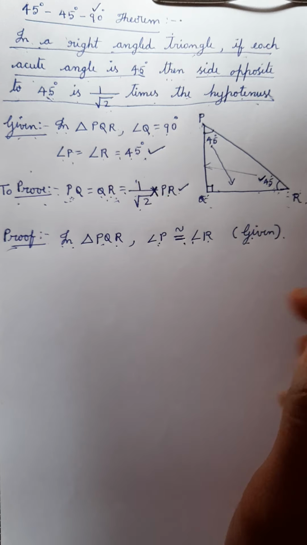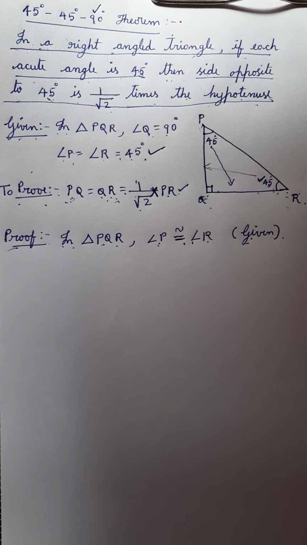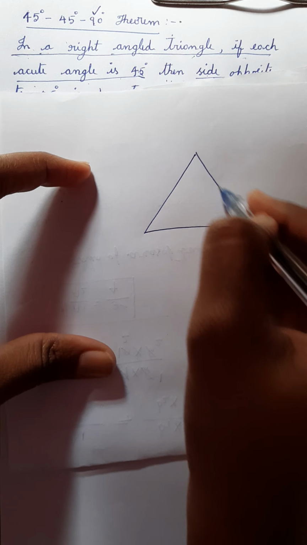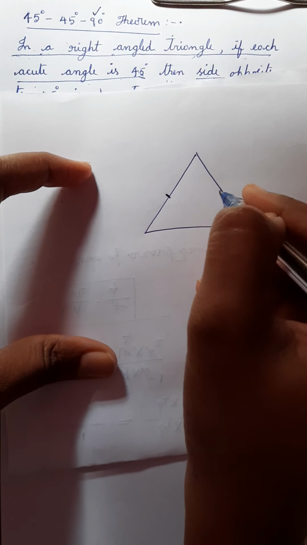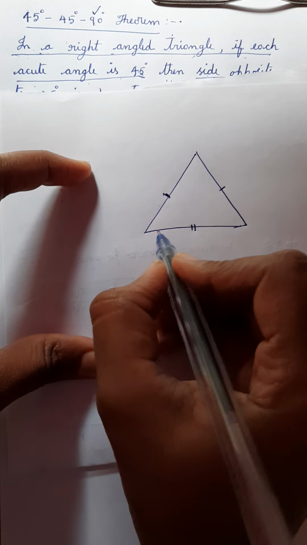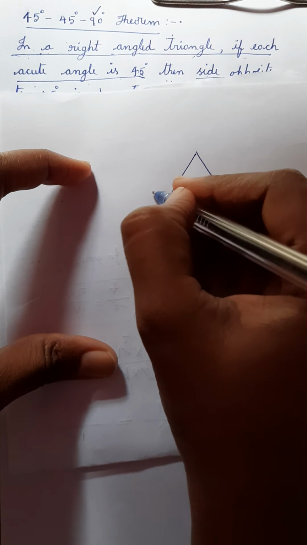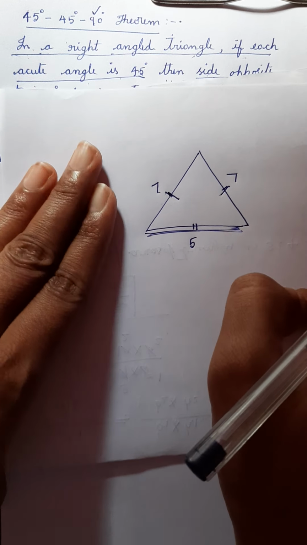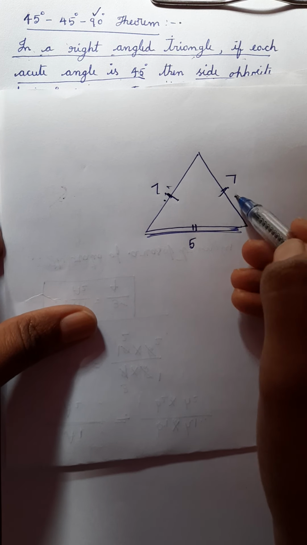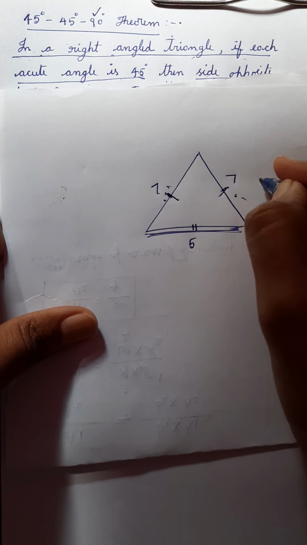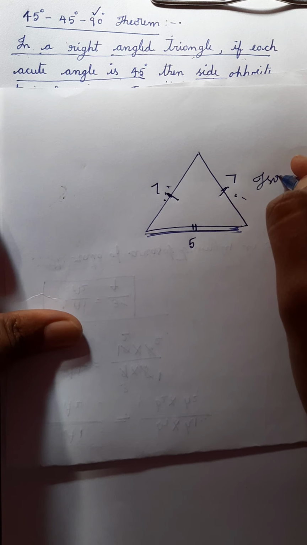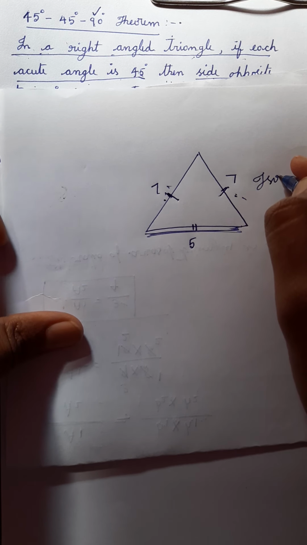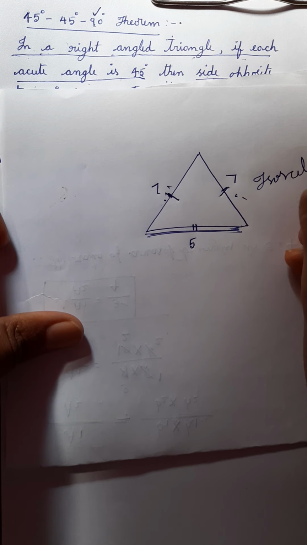Next, here we know the isosceles triangle theorem. What is the isosceles triangle theorem? Isosceles means in a triangle, two sides have the same measure and the third measure is different. For example, this is 5, this is 7 each. These two sides are the same. If in a triangle with three sides, two sides are equal, then we call it an isosceles triangle. This is an isosceles triangle.